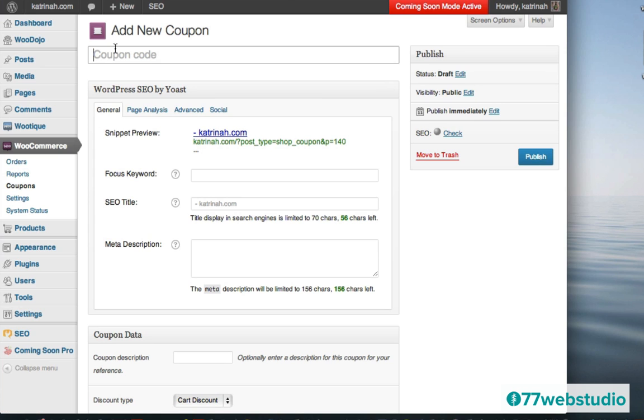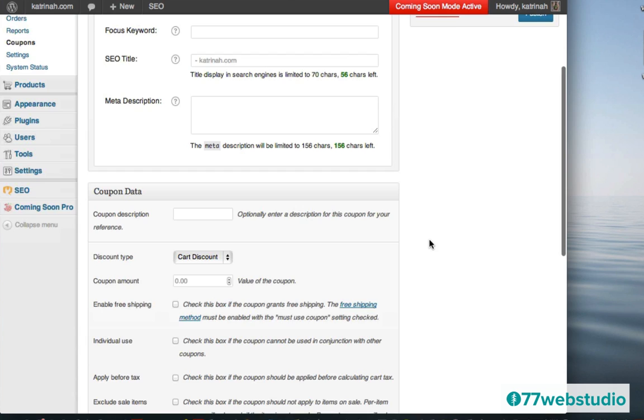And then at the top I'm just going to add what the name of the coupon code is. So I'll just call this Summer Fun. That will be the name of the coupon, Summer Fun. So maybe you have a summer coupon you want to give, or some holiday coupon, some special occasion or event. I'm going to call this coupon Summer Fun, and then I'm going to scroll down here.